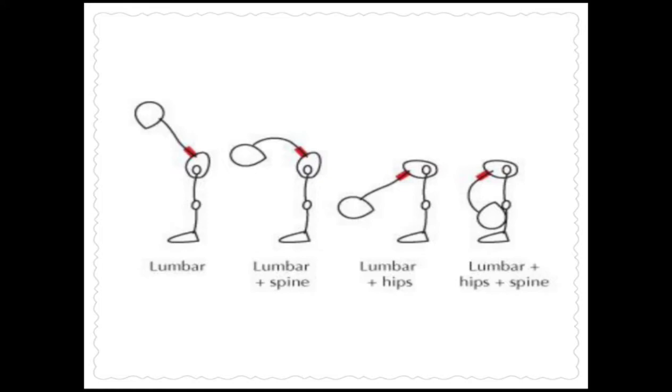And in the last picture, as you can see, the person is able to touch the knees with the head, so that requires the movement of the overall spine, thoracic as well as lumbar spine, hip and pelvis. So there is a combination of movement. But the normal range of lumbar spine flexion is 0 to 60 degrees. So a person can touch the floor or touch the head to the knees because of the combination of movements.